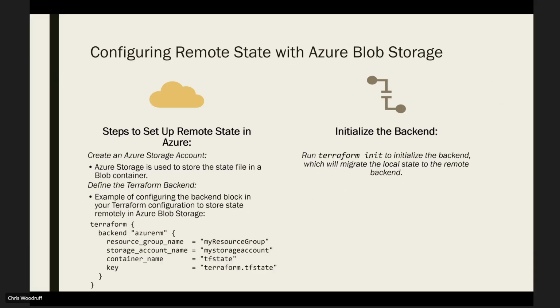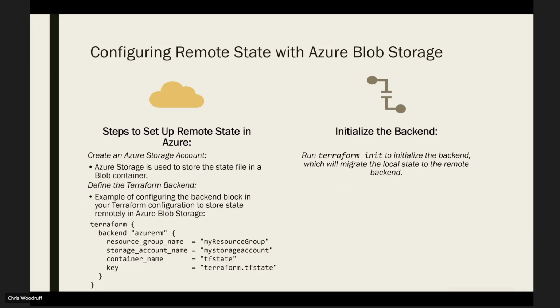And then this is how you set it up. You're going to create an Azure storage account. If you want to set up the remote state in Azure, you're going to set up that blob storage. You're going to define the Terraform backend, and there's code down here just to show you what it looks like. You just have to say Terraform backend, give the name of the provider, and then you give the resource group name, the storage account name, container name, and then the key for that